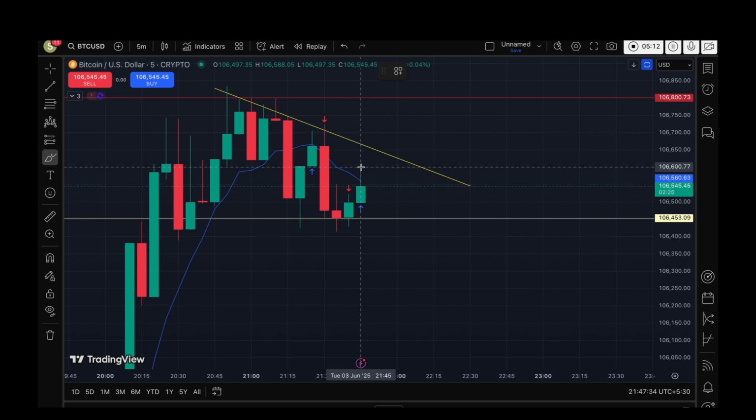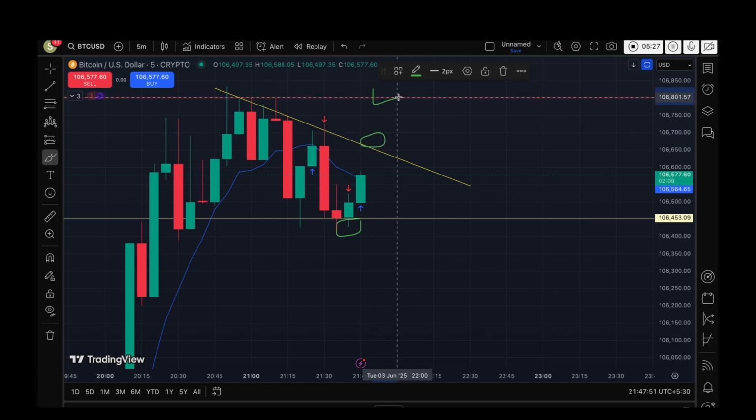But okay, we learned something from that. What we decided, we have to focus on that actually. Once it crosses this white trade line, we should take the trade. If it crosses this area, this trade line, we should buy, and there we should sell